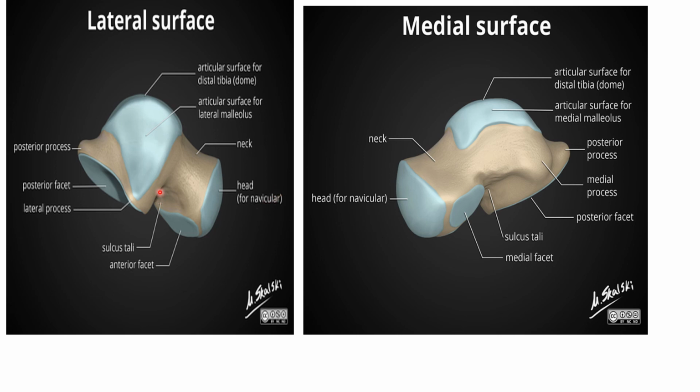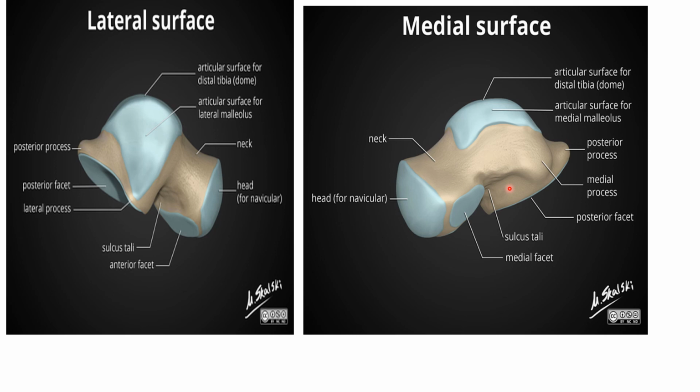So these are the features in the upper surface, and when you view the talus from below, we see that there is an articular area on the head of the talus. We have an articular facet for the navicular bone, which extends on the inferior aspect of the head. Behind this, there are three facets: anterior, middle and posterior, which articulate with the corresponding parts of the